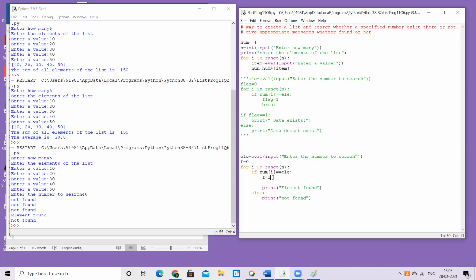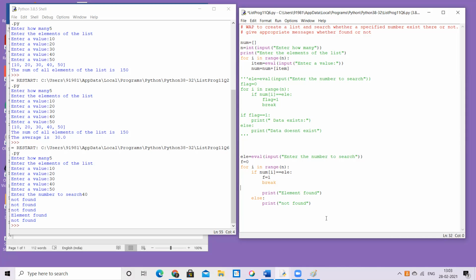Now, if the element is already found, then there's no point continuing in the loop, because I just want to check its presence. The code is not talking about how many times it is present, so that you have to check again whether it is present anymore or not. So that is why I use break. Wherever you find the element, please change the flag value and come out, because that is what I want. I don't want you to continue in the loop. Okay, so I'm outside the loop now.